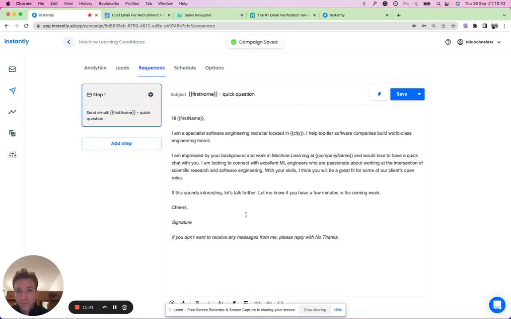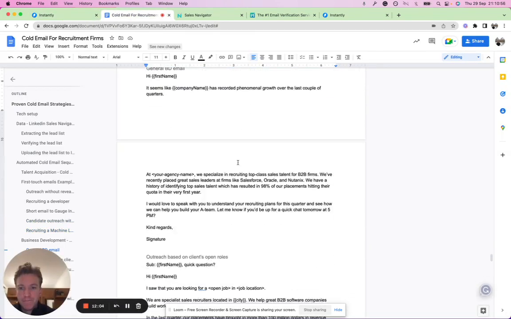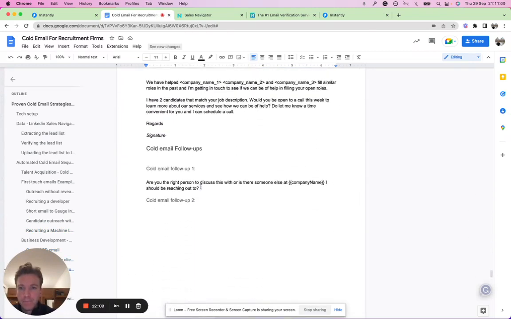Also, right, this is the sequence that's going to go in place. And let's say you upload 1,000 potential candidates, Instantly can really automate all of that sending for you. And you can add follow-up steps here. Let's say, let me look for a follow-up step. Yeah, so very simply, right, you can just say,